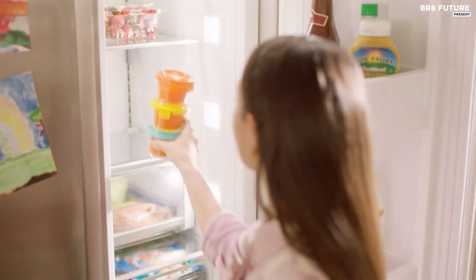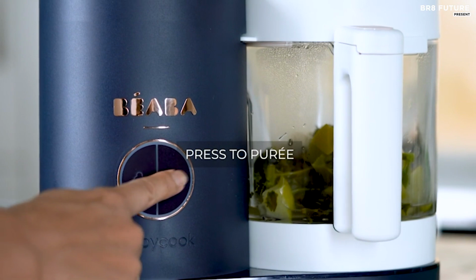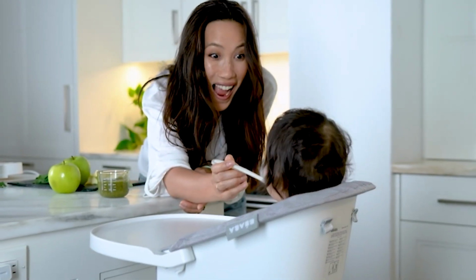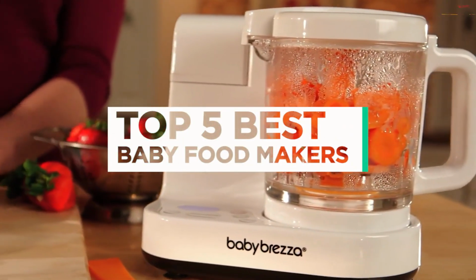Transitioning from bottles to solid food is a significant milestone for babies and parents, and the best baby food makers make that change that much easier. Baby food makers provide convenience and a fresher alternative to store-bought baby food and can also save you money in the long run. And that's where our guide to the top 5 best baby food makers you can buy for